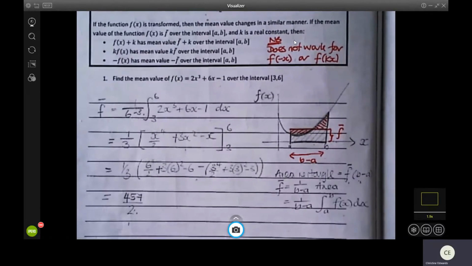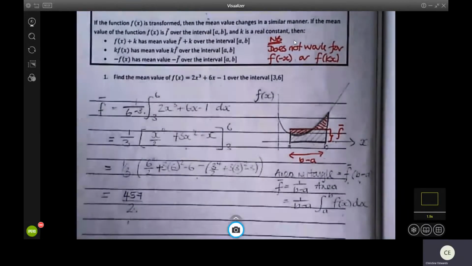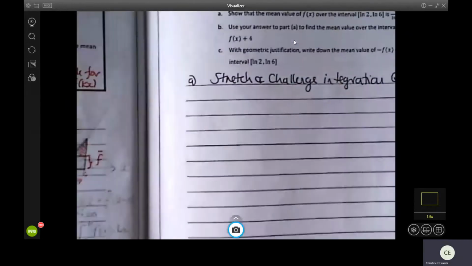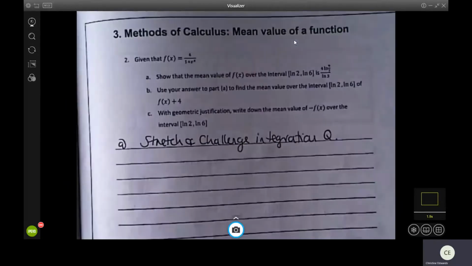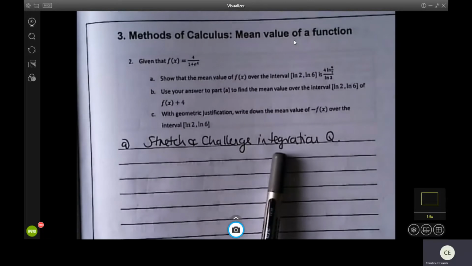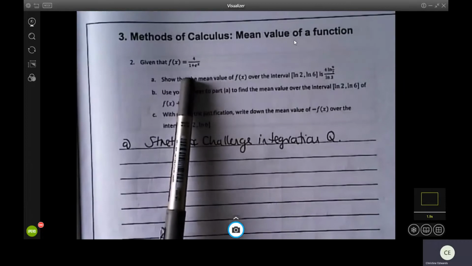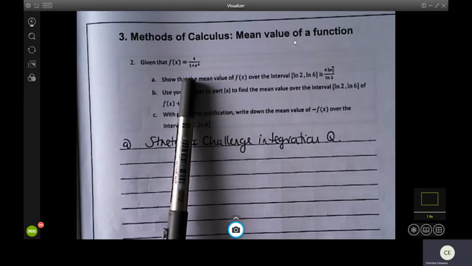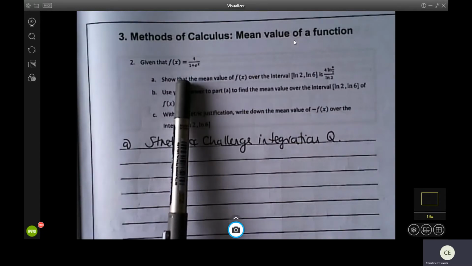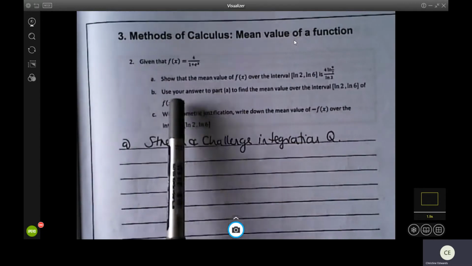Okay, let's move on to question 2. I'm not going to do question 2 in its entirety, and I'll just show you why. It's quite a difficult integration, or at least it's one that you need to think about. There are a couple of options. So what I will do in class is I will get you to work in pairs, discuss what your options are and work through the integration. However, the method for finding the mean value is identical to that we've just done in question 1. You are applying the formula and undertaking an appropriate integration. Okay. What I do want to do, though, is just discuss with you B and C,